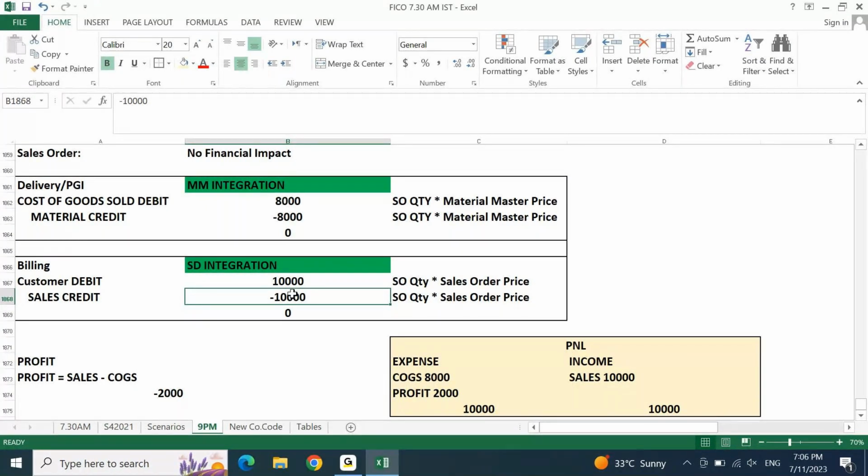Clear? Yes, sir. Raw material is valuated based on moving average price. You can also evaluate raw material at standard price. Both are possible, but majoritarily raw material is valuated at moving average price,